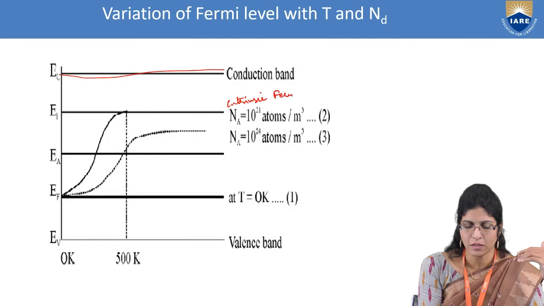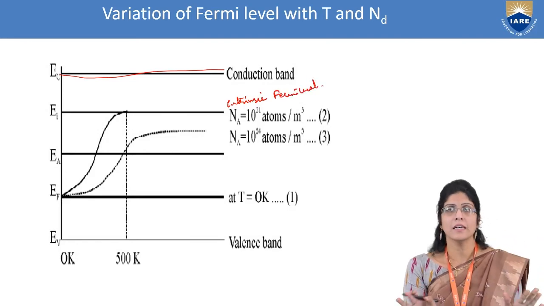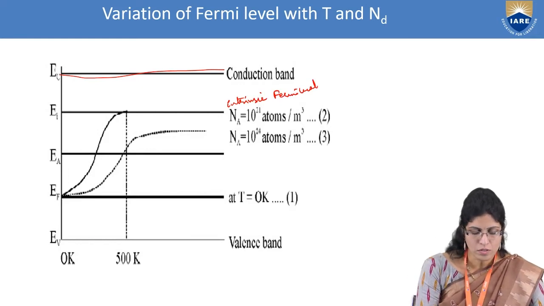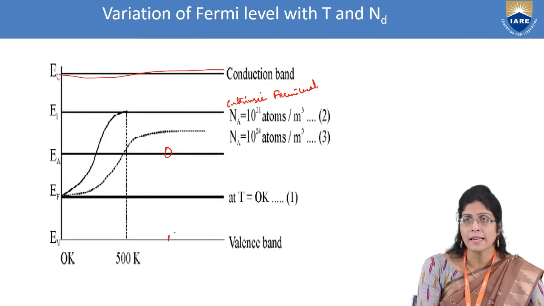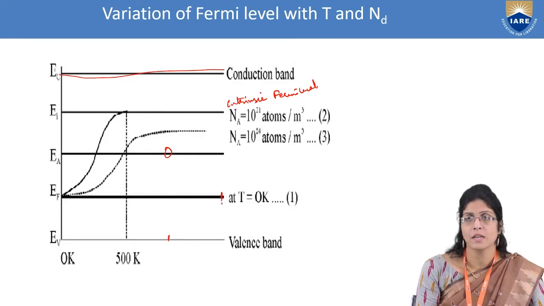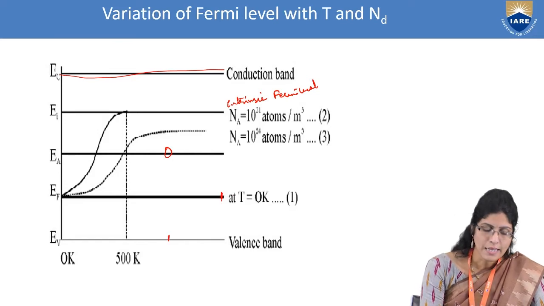Intrinsic Fermi level means whatever the Fermi level should be for an intrinsic semiconductor. But now that the ions are forming at the acceptor level, because of the transitions happening between the valence band and the acceptor level, the Fermi level will be here at T equal to 0 Kelvin. Okay, now as the temperature rises, what will happen? The ionization will happen. So as the ionization is happening, there is a transition of the electrons to the higher side. So it will be traveling up,